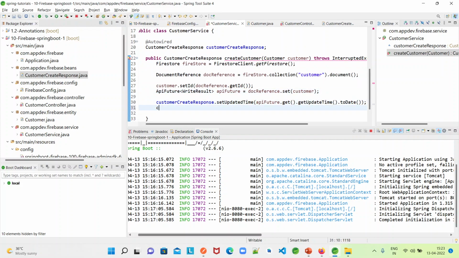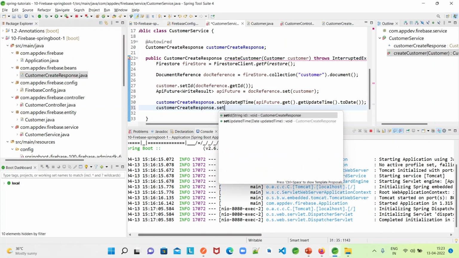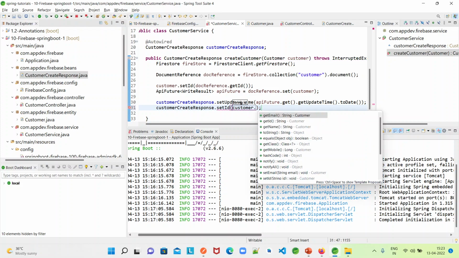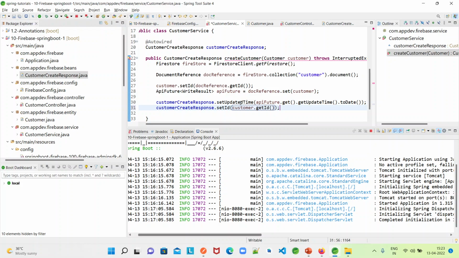We also want to send customer create response dot set id. The id also we want to send, right? What is the id? Customer dot get id, the same id of the record that was inserted, we want to send it. So we want to return this customer create response object from here. So we are done with the